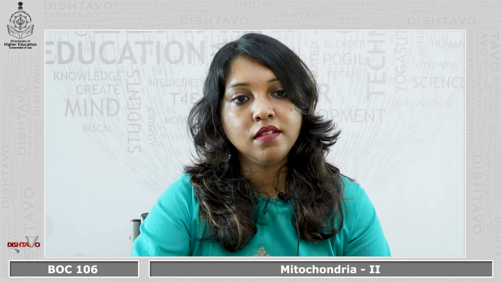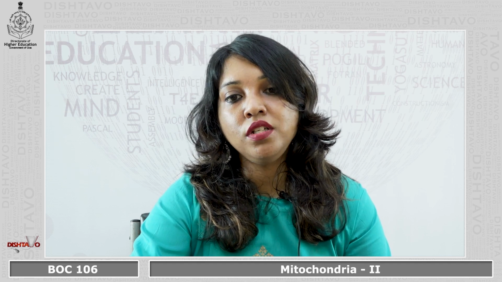Inner chamber. The inner chamber is also called the inner compartment or matrix space. It is filled with a dense, homogeneous, gel-like proteinaceous material called the mitochondrial matrix. The matrix contains lipids, proteins, circular DNA molecules, 55S ribosomes and certain granules. The granules are concerned with the transport of ions and water. The matrix is important in the production of ATP with the aid of the ATP synthase contained in the inner membrane.